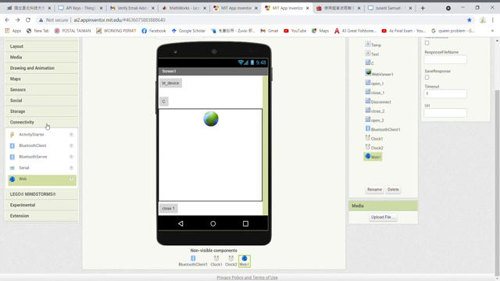Web viewer is for viewing. Web is for uploading data. Is that okay? So web viewer means viewer, it's only for viewing. You cannot use web viewer to upload data, but you can use this web component to write data and upload it to